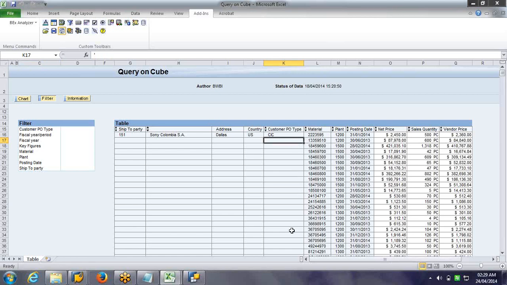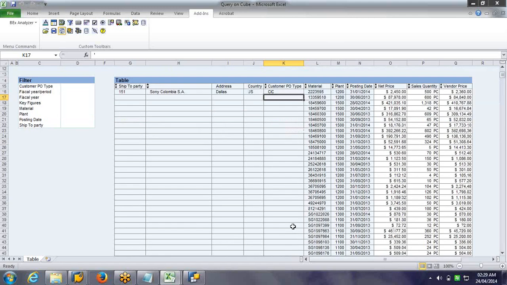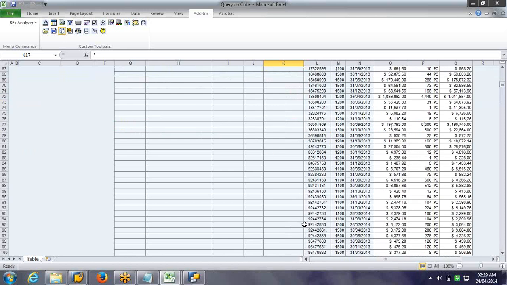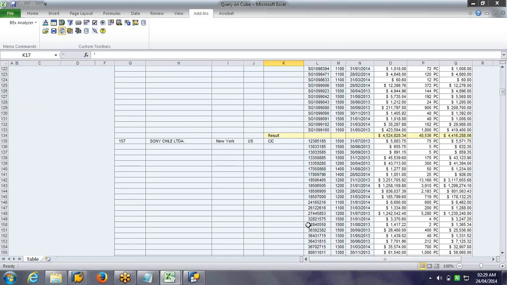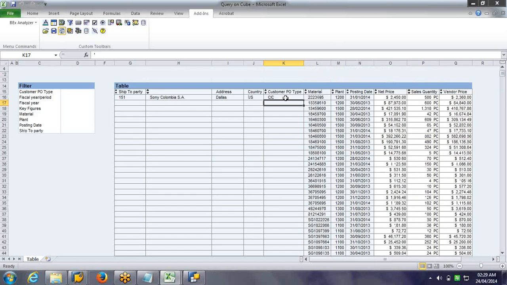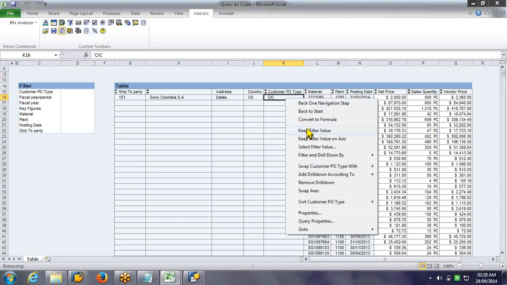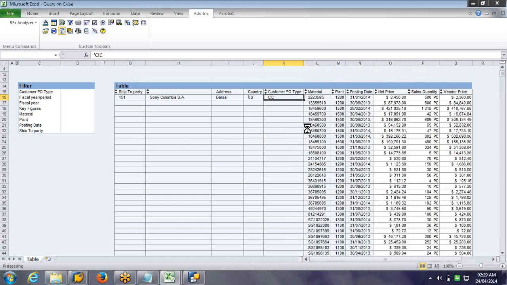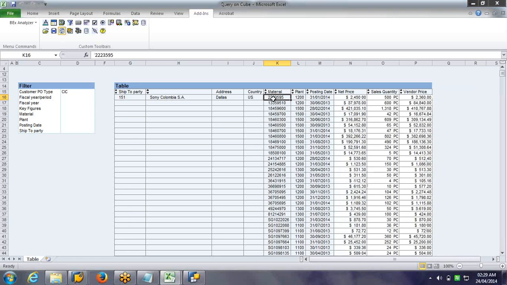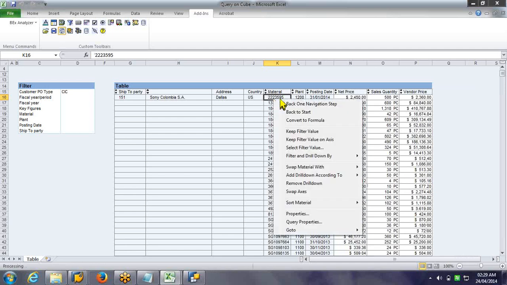Now while doing further analysis, he might want to see only data related to this customer purchase order type. So he can put a filter. Or one step back.